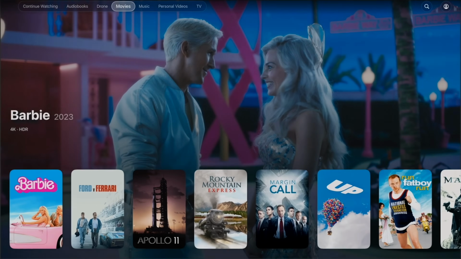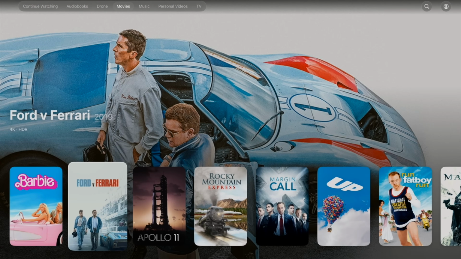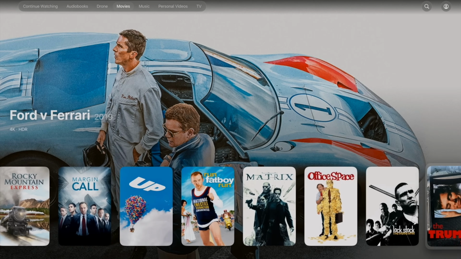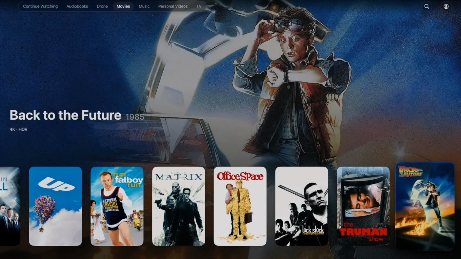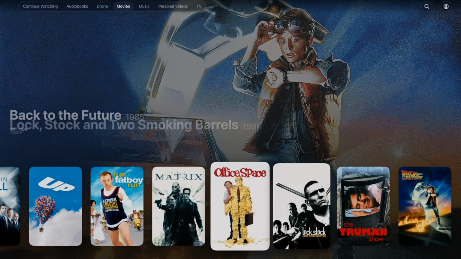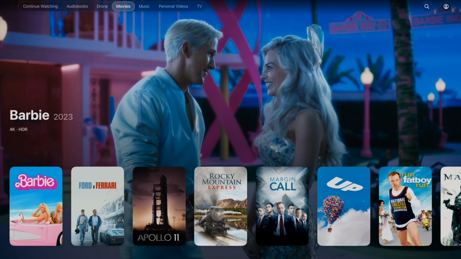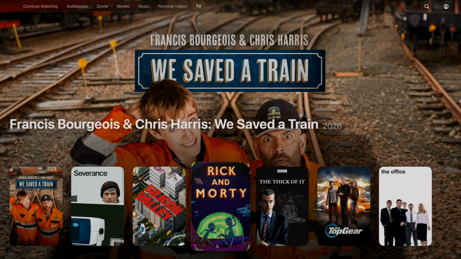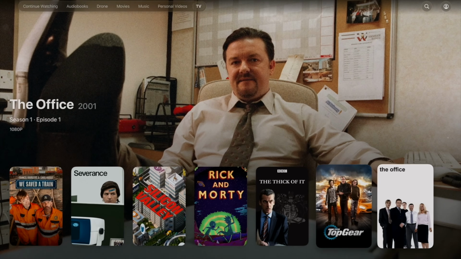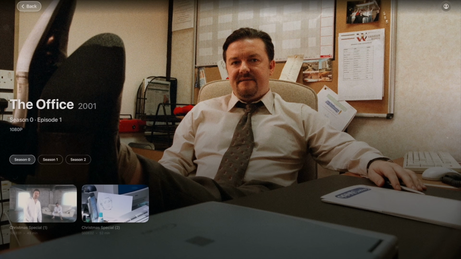Nothing is exposed. Movies is here. But then this is literally the view. I just have, I guess, an infinite scroll list of the movies here. There's no up, down, recently added, etc., etc. It's kind of weird. Same for music, no content, personal videos, no content, TV. Again, I just get an endless list that I go left or right into. I then load up the show and I can at least switch between the various seasons,